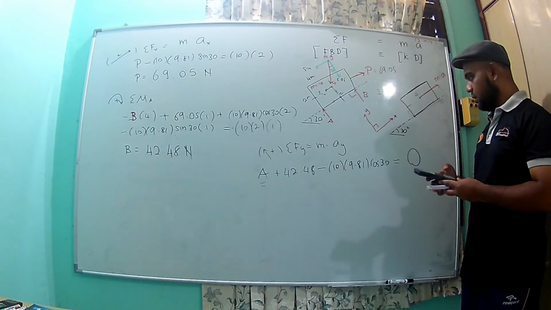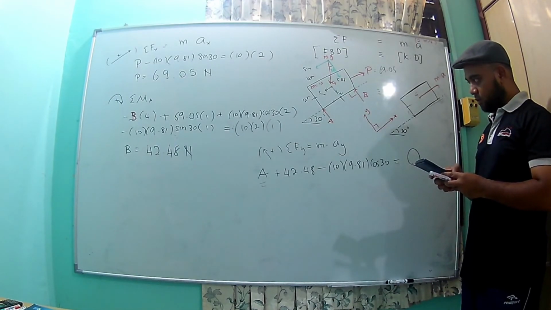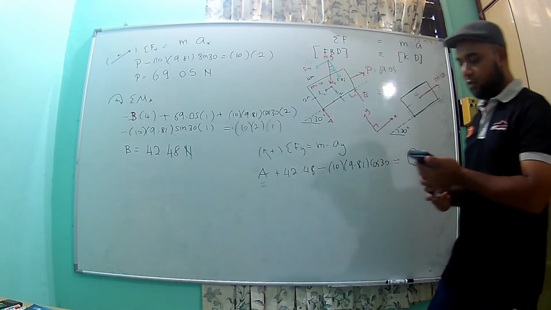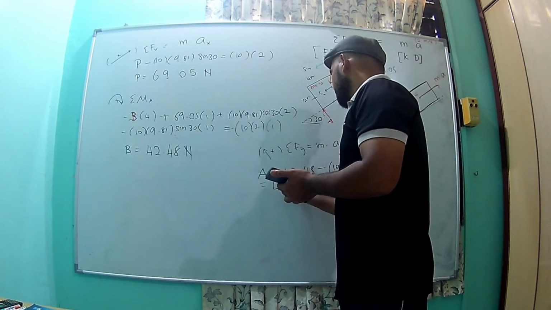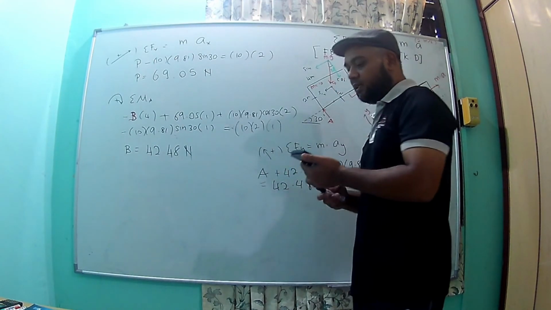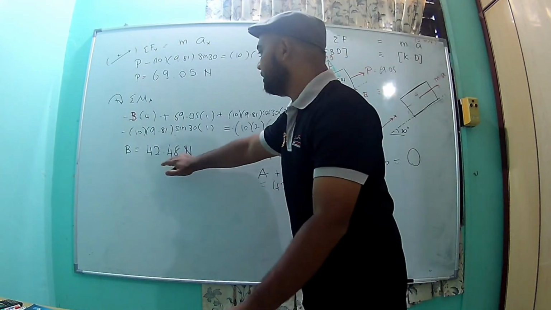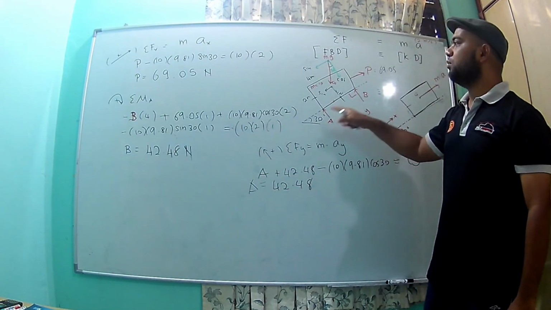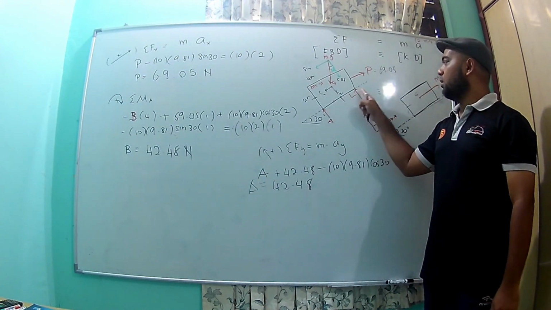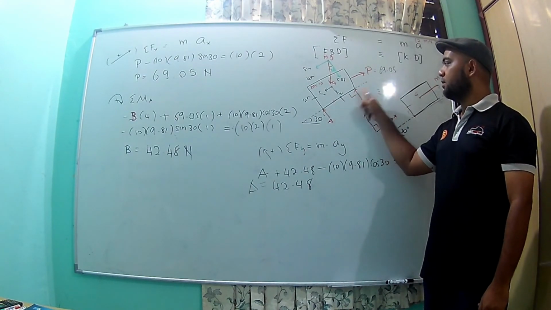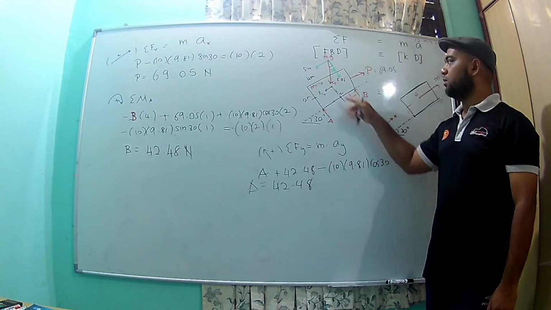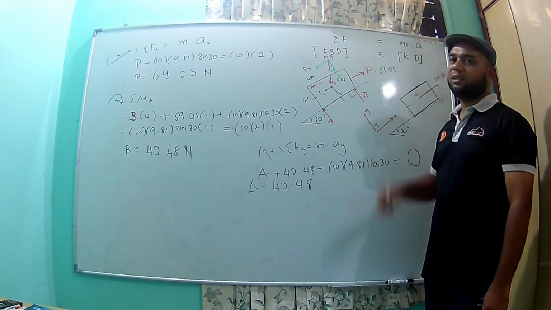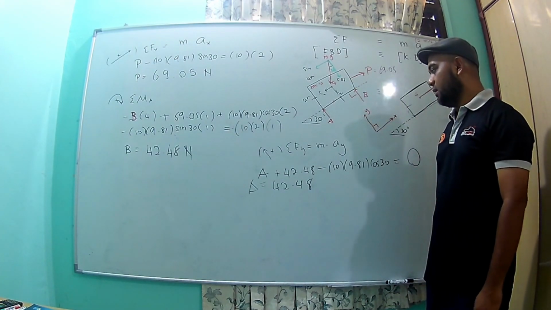So you have this one positive minus 42.48 equal to A. Okay, so logically you have the same answer for A and B, because you have two rollers put on the end sides of this component. So the force is divided equally for A and B, and also P is right in the middle. Okay, so you have here